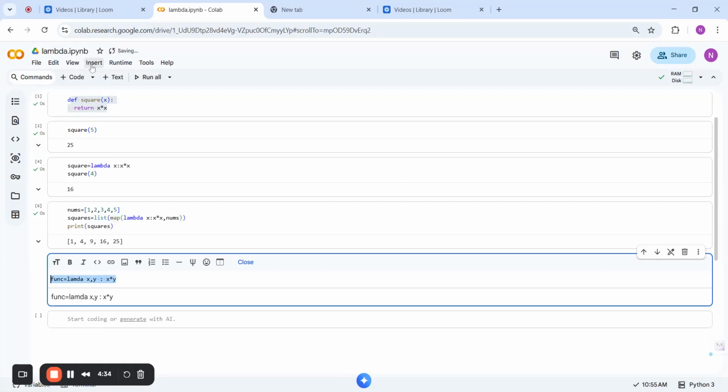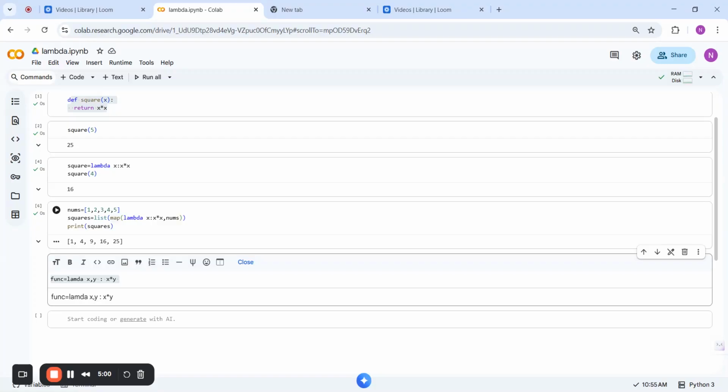This is the syntax for the lambda function. If we have many inputs and only one expression, we can use lambda functions. Also, lambda functions can be used along with map,